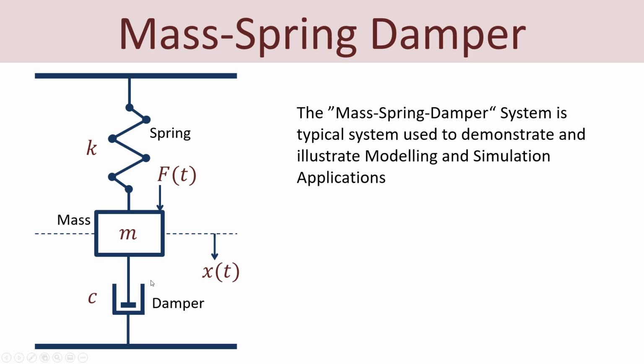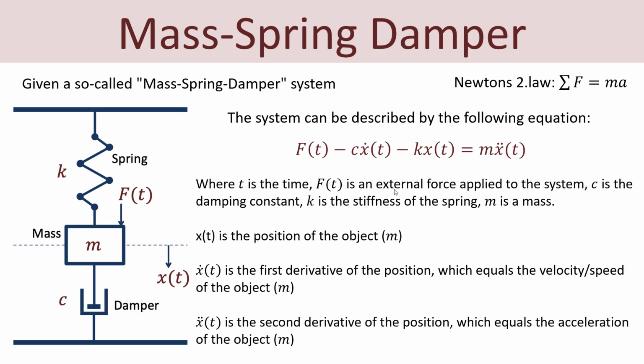So here you see an overview of the mass spring damper system. The mass spring damper system is a typical system used to demonstrate and illustrate modeling and simulation applications. So basically, the mass spring damper system consists of a mass, a spring, and a damper. Then you can apply a force to the system, and the purpose is to simulate what's happening with the mass when you apply a force to the mass, depending on different